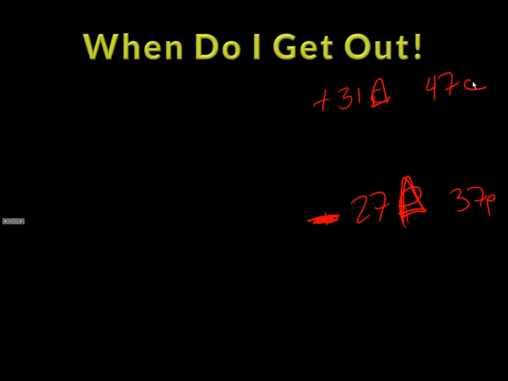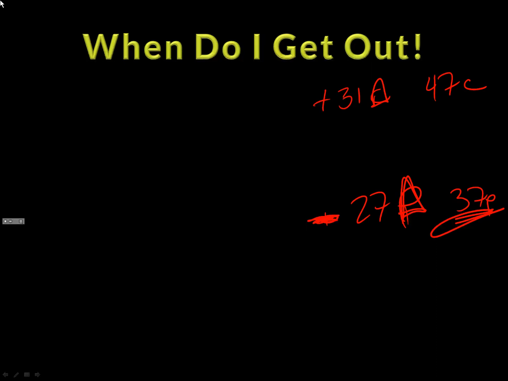So where do I get out? I meant to pull up my chart here again. I get out when my short put is breached, right? I have a call up here at the 31 delta call. I've got short the 27 delta put, which lined up with the 37 put. Sorry, I should say delta. And this was the 47 call, right? So as soon as it trades down there to 37 is where I would be looking to get out of this strategy. As a matter of fact, if we notice that 37 put strike location,